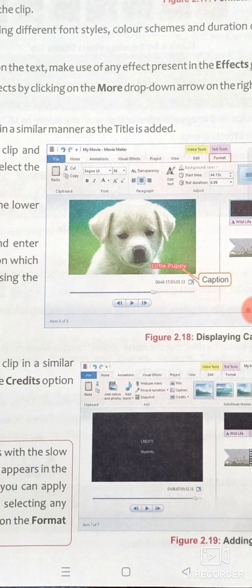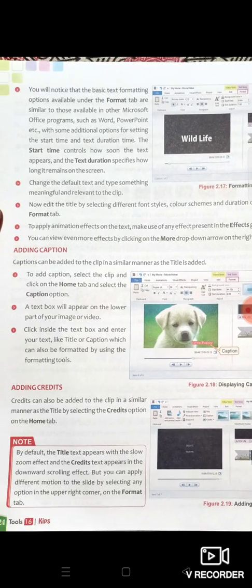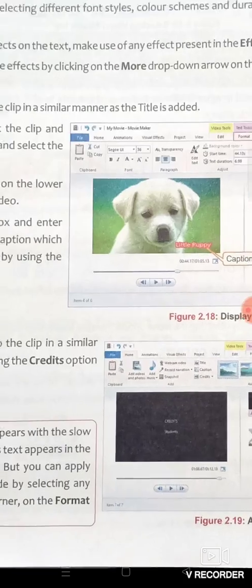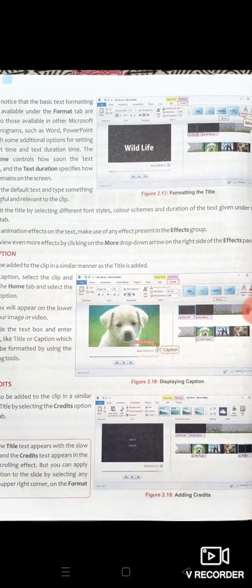If you want to move it, click on it and you can format it. In the same way you format the title, you can format the caption and credits also. For adding credits, choose the same home tab and click on the credits option, and you can add credits. The way of doing all these three things is the same.